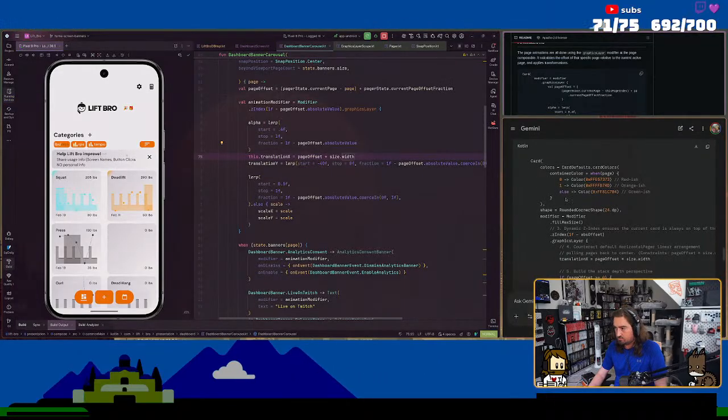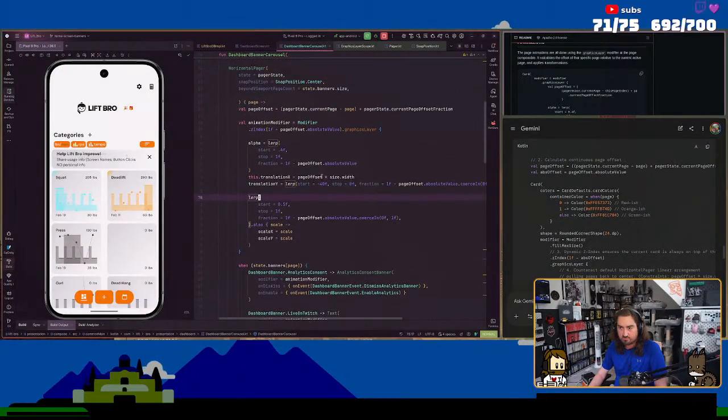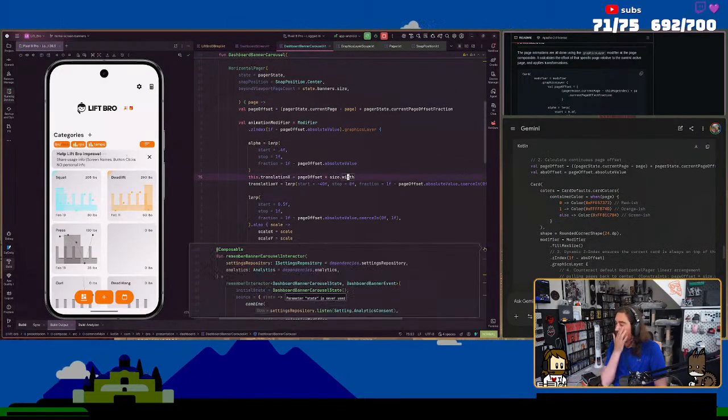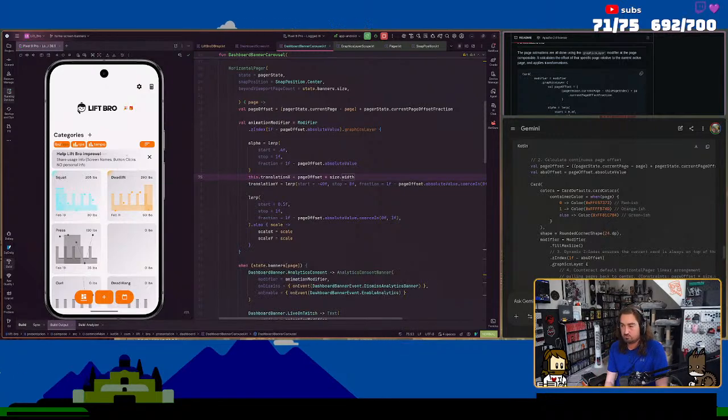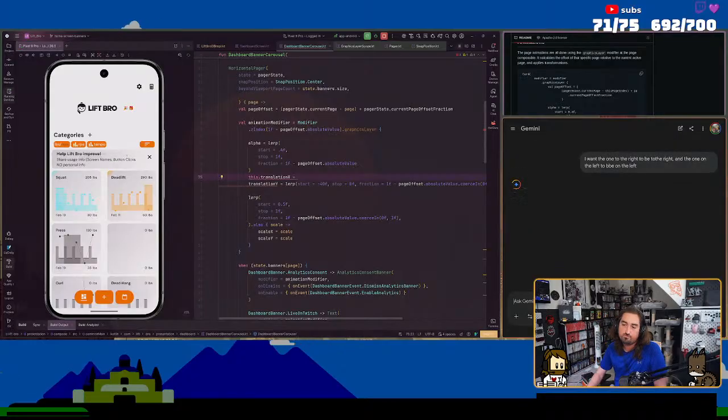Okay, so we kind of got page offset, but I want it to also. I want the one to the right to be to the right and the one on the left to be on the left. I know that's going to be a lerp.